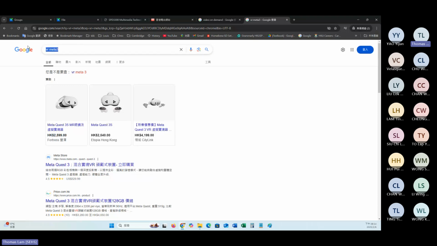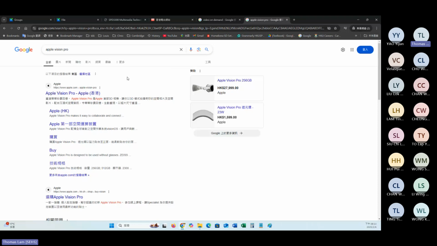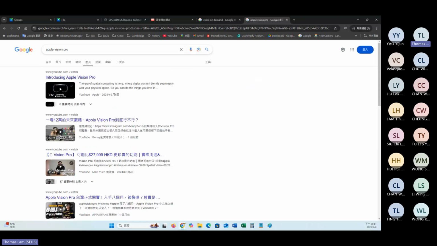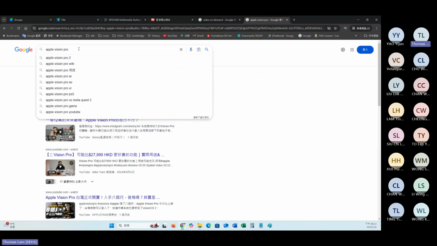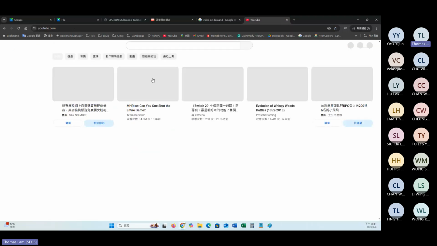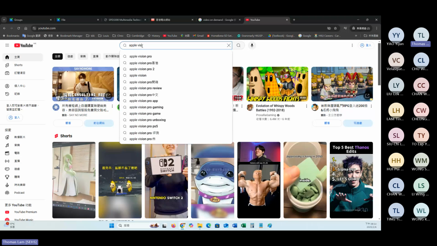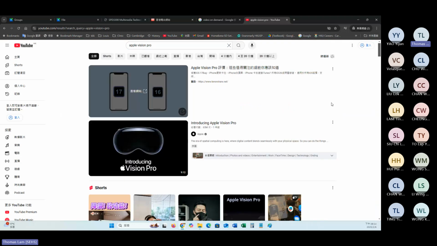And apart from this one, another example device would be this one. I don't know whether you have this one at home as well. Maybe we can take a look at this. If you want to experience this without paying for the Vision Pro, I think you can make a booking at the